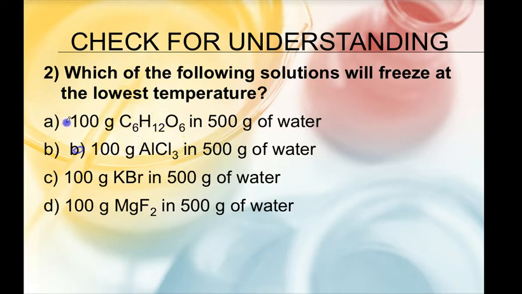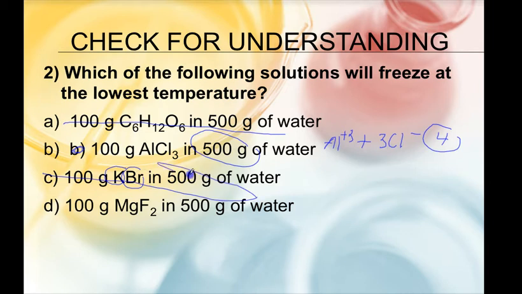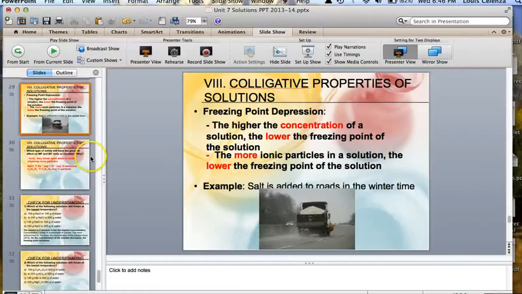Well, right away we can cross this one out because it is covalent. We know it's not going to be the answer. And AlCl3 is going to break apart into an Al3+ and 3 Cl- ions. So that's 4 total particles, 4 particles in 500 grams of water. We have 100 grams of KBr. Well, we can see that this is only going to break apart into 2 ions, so that one's obviously not concentrated. This one's going to break up into 1 Mg and 2 Fs. That's 3 ions. So the most concentrated would be B. That would have the lowest freezing point. And that is the end of